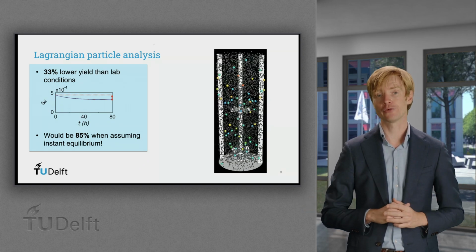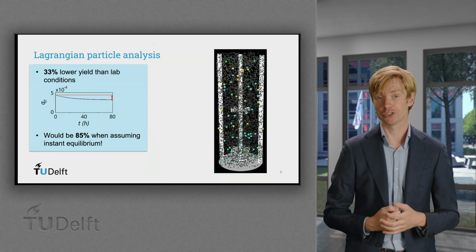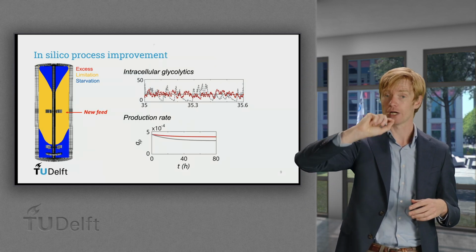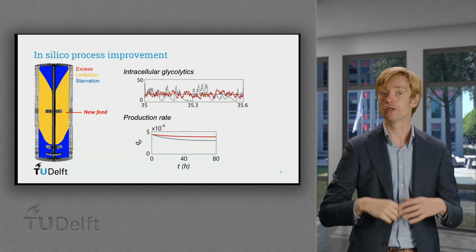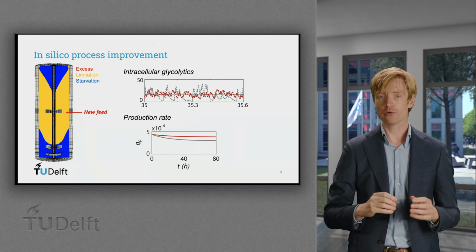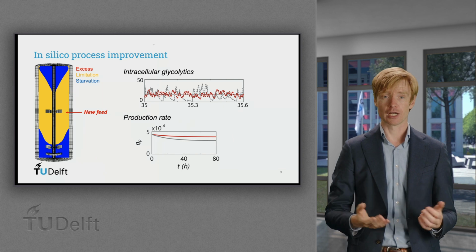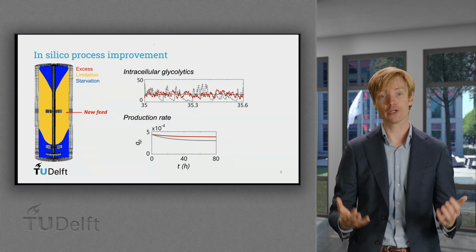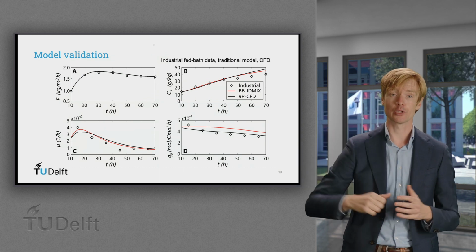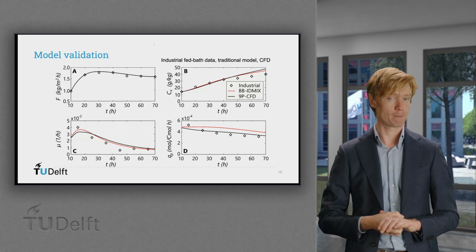But we can also go a step further and use our simulations to analyze the effect of process changes. What if we move the feed from the top to a more favorable location with a high velocity close to the center, the outflow of the middle impeller? We see that the axis region now is nearly gone and the starvation zone is split in two, and the residence time in both of these extreme zones is decreased. As a result, the intracellular variations that we observe are reduced, and the predicted yield loss is now only 9%.